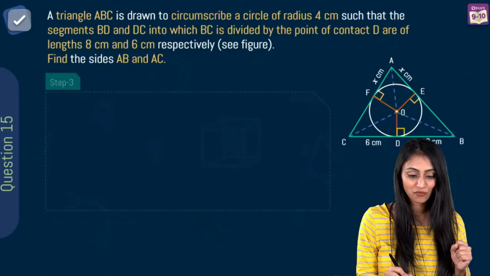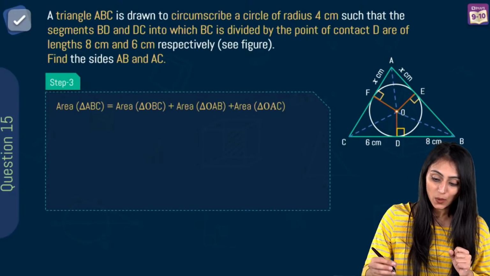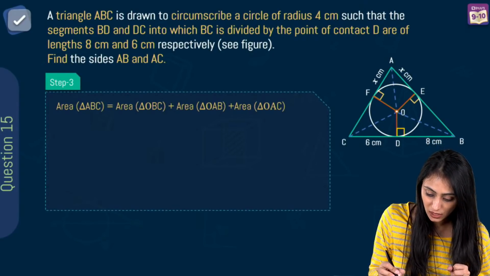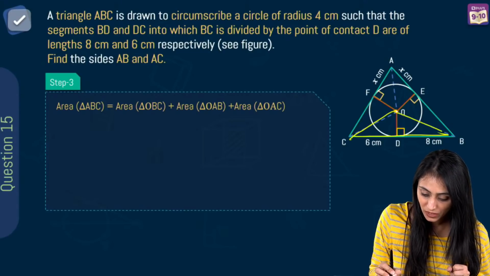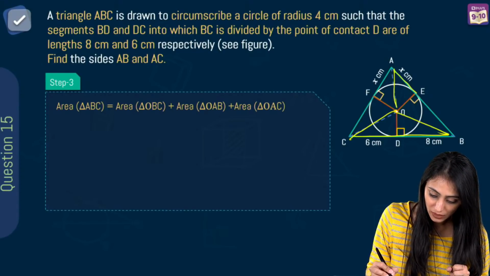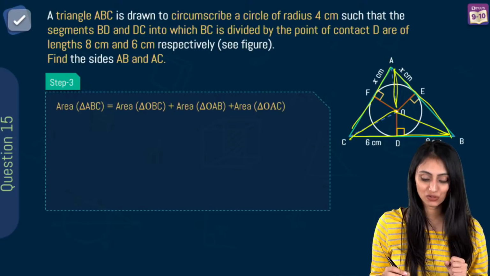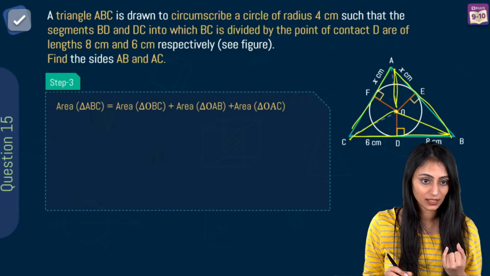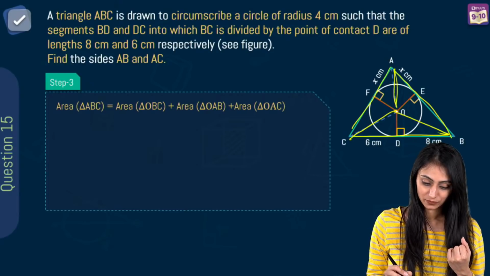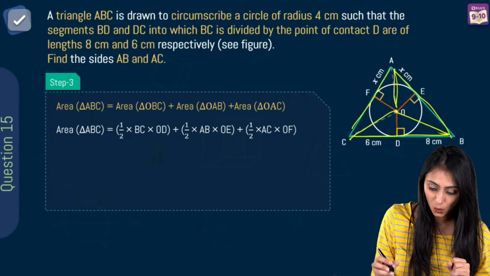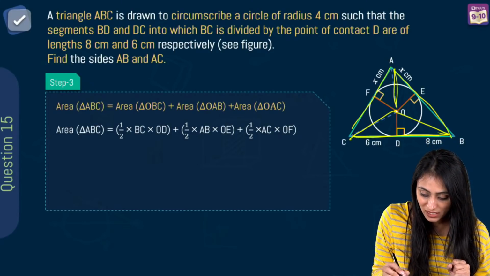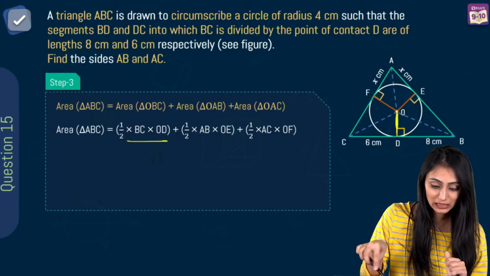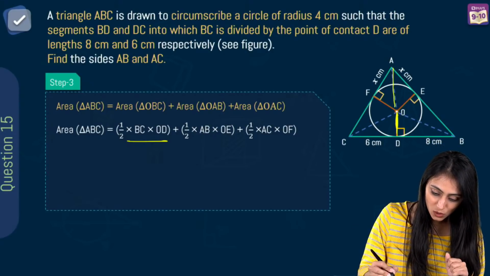So to get the value of x, what we will do here is, we will join OA, OC and OB. So that I have 3 triangles you can see. This is triangle OBC, this is triangle OAB, and this is triangle OAC. These 3 triangles I have, and all these triangles have got perpendiculars, right? All right, so in this first triangle OBC, we have half times base BC times height OD. In the other triangle, which is OAB,